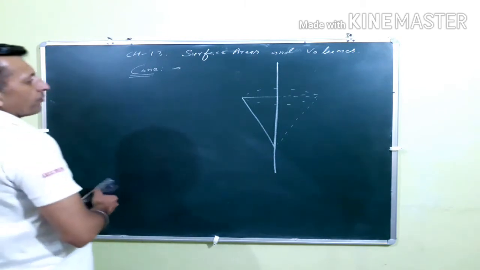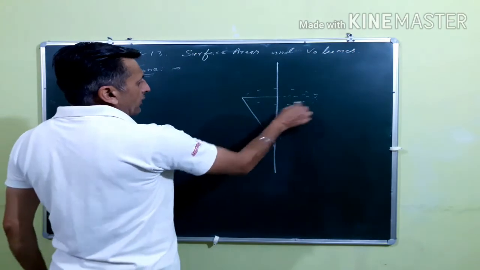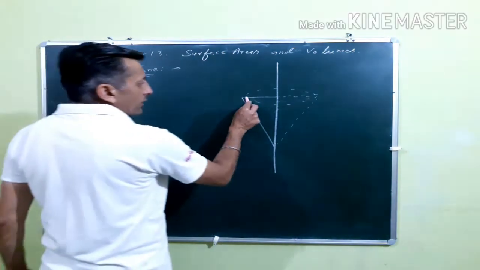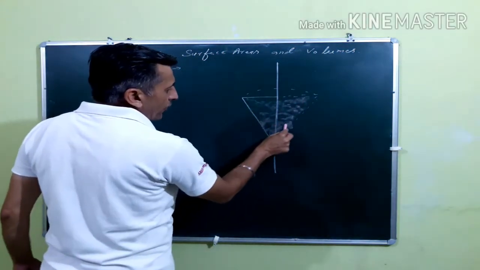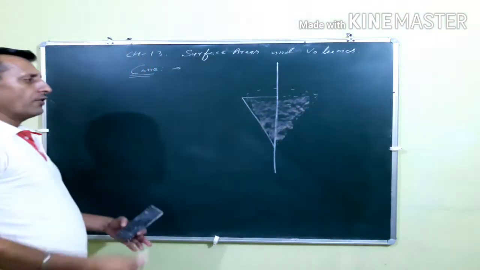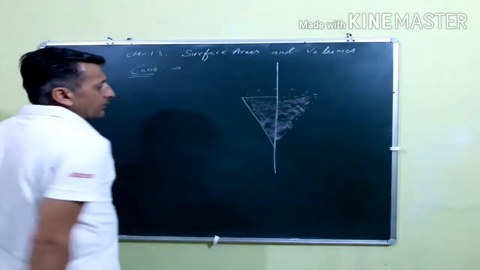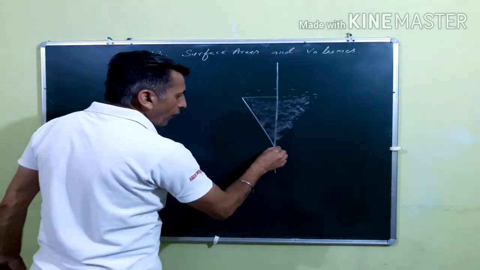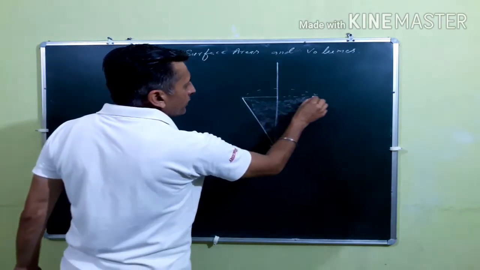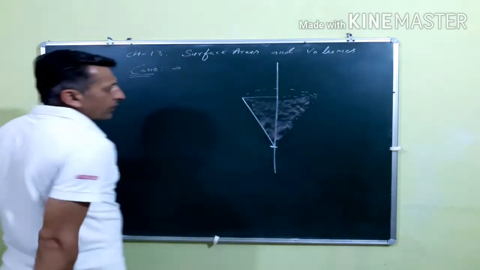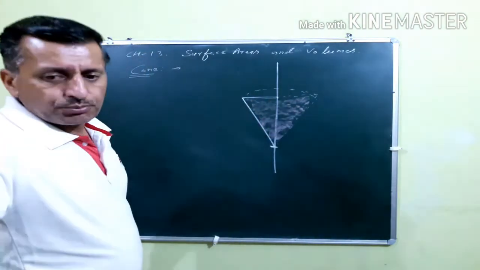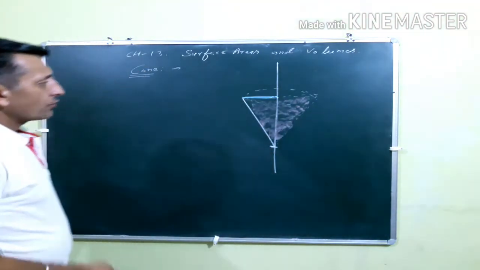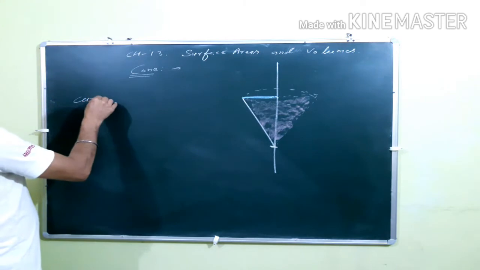curved surface area. I think everyone knows what the curved surface area is. This one is your curved surface area. Last day I introduced the curved surface area of the cylinder, and today we are going to discuss the curved surface area of the cone. In this case, this is your slant height. This is called your vertex, and this is your base that is in the shape of a circle. And this is called your radius, the radius of the base of the cone. Done. So I am going to discuss your curved surface area.